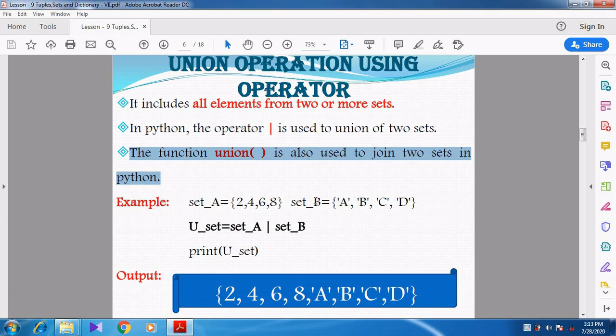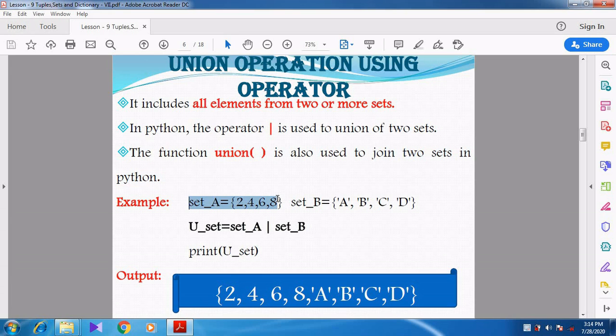So there are 2 ways we can go for union operation: one is through the operator and another is through the function. Which operator is used for union operation? Pipe symbol. You can see the pipe symbol above the enter key on the keyboard. Then the union function is used to combine 1 or more sets. Let's see an example, then you can understand it clearly.